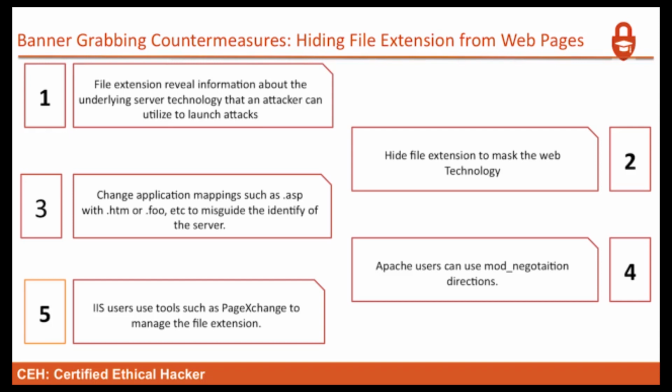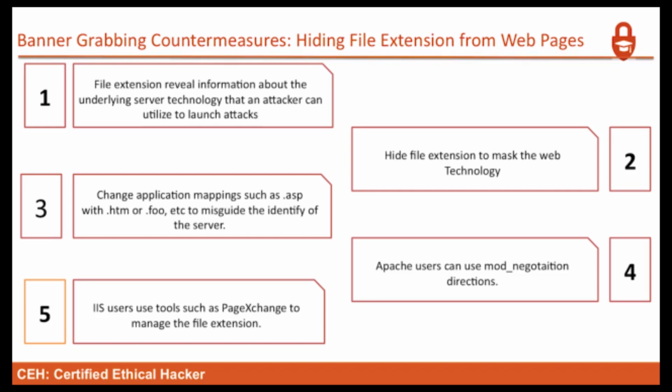So banner grabbing countermeasures continued: hiding file extensions from web pages. How do you hide the file extensions to prevent revealing what kind of web server you're using? The file extensions reveal information about the underlying server technology, the stack, that an attacker can utilize to launch attacks. You want to hide file extensions to mask the web technology. You want to change application mappings such as .asp, .html, .foo, etc., whatever the extension is, to disguise the identity